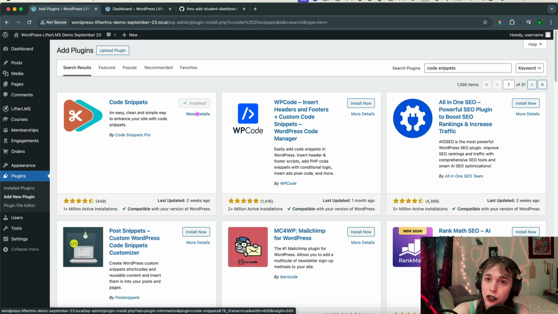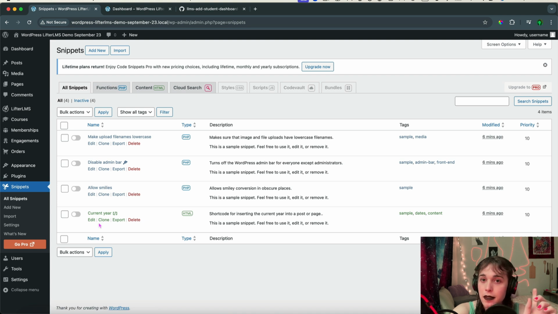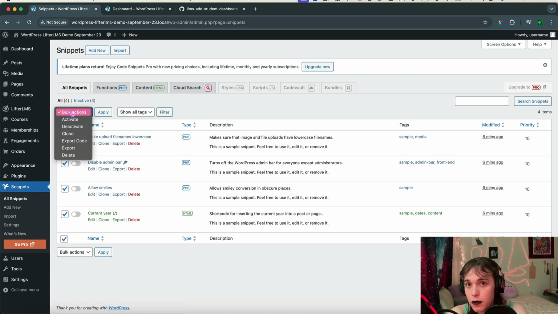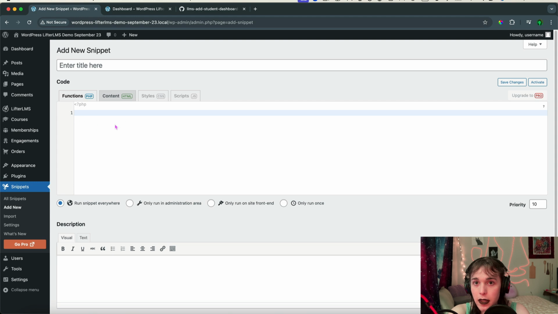Now, if you've ever heard of a child theme in WordPress, I would recommend using a child theme more than I would recommend doing this. But if you don't know what a child theme is, don't worry, this is perfectly fine to do as well. So I'm deleting all these code snippet samples. I don't want that. So this Code Snippets plugin allows me to add new,